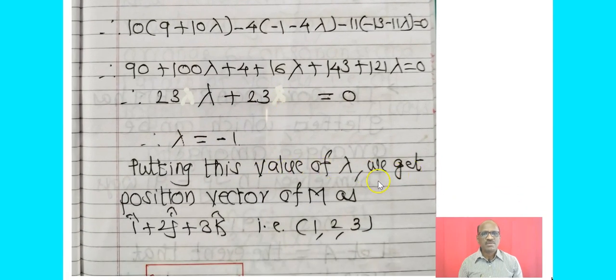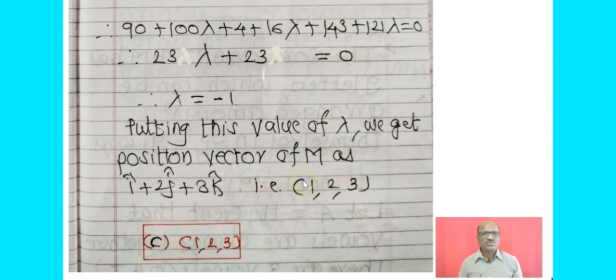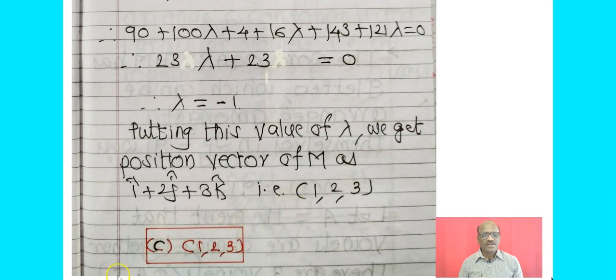Putting this value of lambda, we get the position vector of the point N, that is i plus 2j plus 3k cap, which is (1, 2, 3), the foot of the perpendicular. Now we have completed the 10 questions from model paper 2. Next we'll see the next 10 questions. Till then,